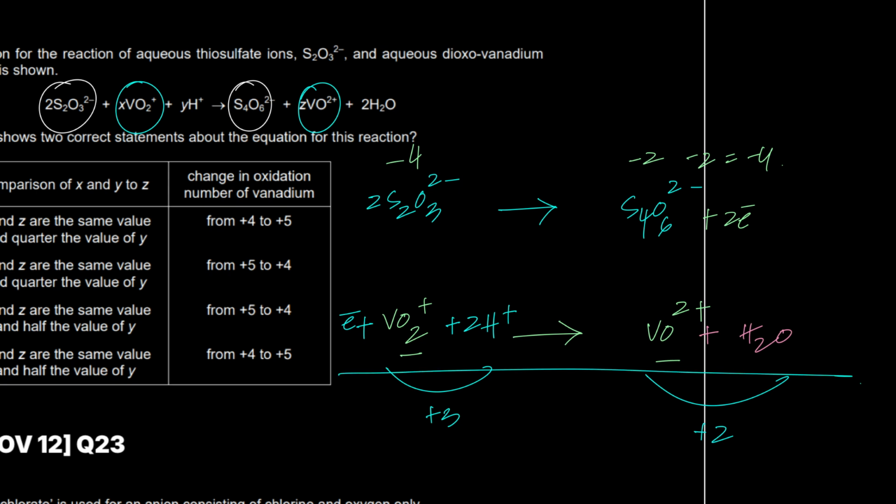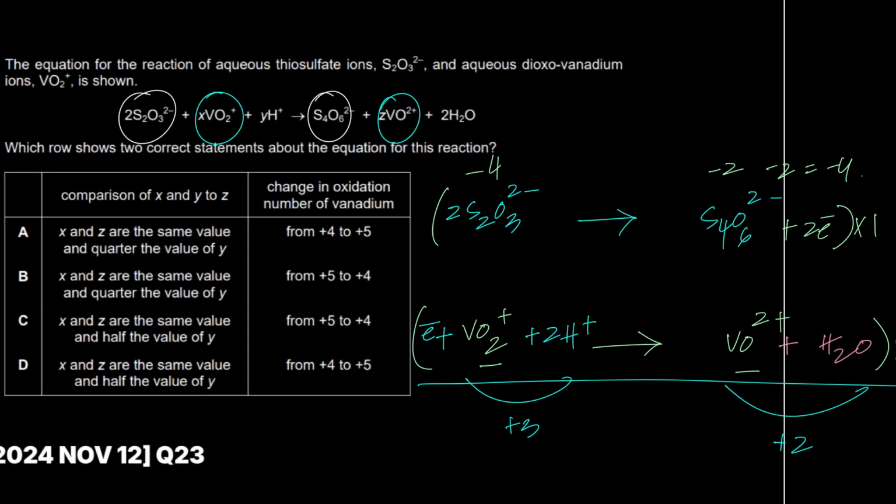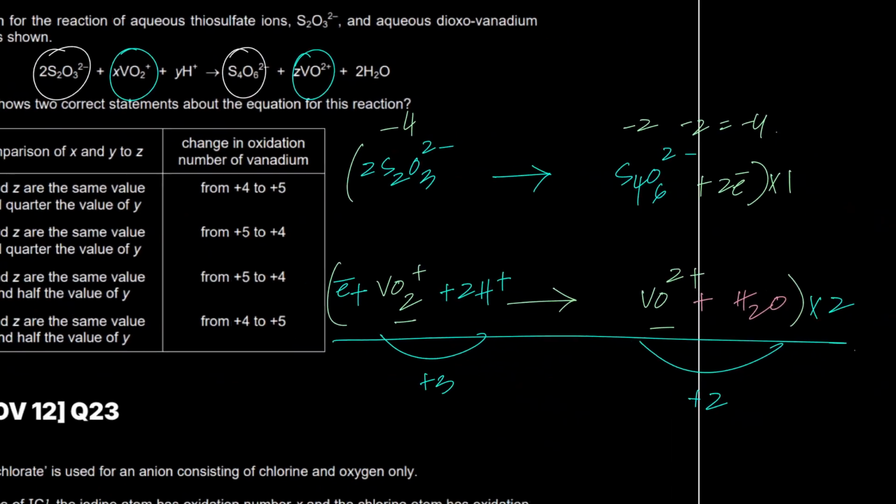Let's now add these 2 equations. How? Well, the electrons gained and lost must be equal. So if 2 electrons are being lost, 2 must be gained. Whatever electron is written at the bottom, you multiply it at the top, and whatever is written at the top, you multiply it at the bottom, because effectively you're making the electrons equal. That's it, right? So once I multiplied these, I realized what's happening. He's saying that